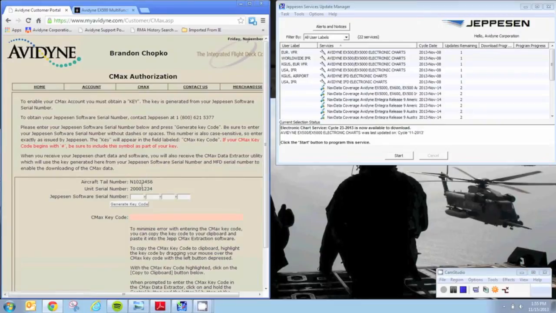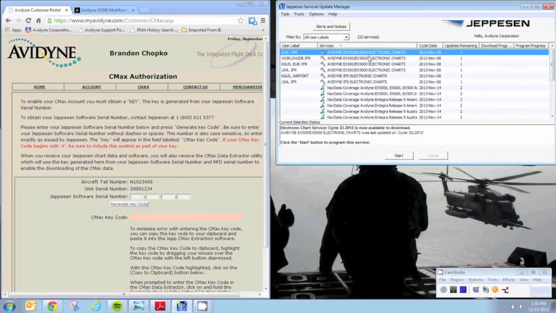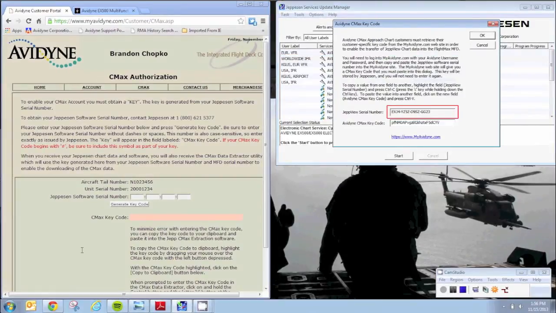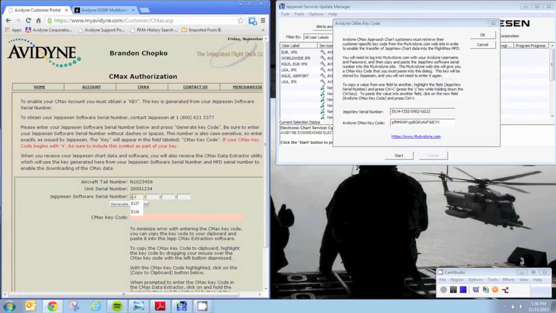On this page you can see our tail number, our MFD serial number, and below that we have 4 empty boxes where we're going to enter our Jeppesen serial number, 4 characters at a time. So again, to get that, we go back to our Jeppesen account, right click on it, go down to Set Avidyne Key. So there we have it, the EXJ4 number. I'll type in those 4 at a time. Make sure it's in caps, otherwise the CMax key code would be incorrect. Okay, so we hit generate key,